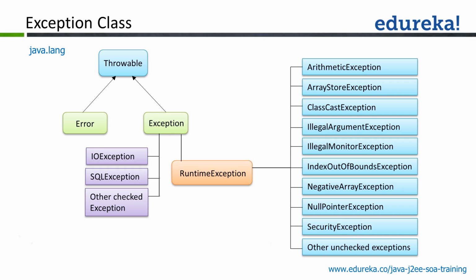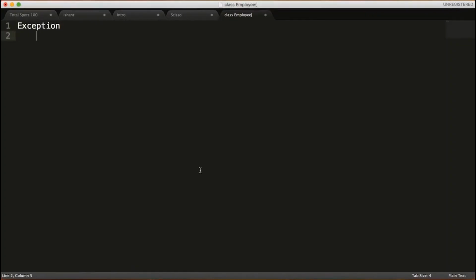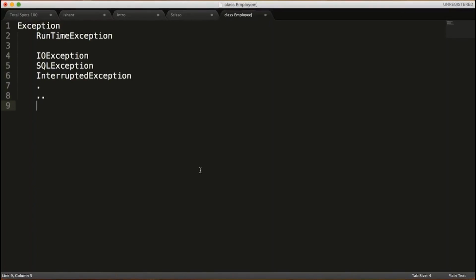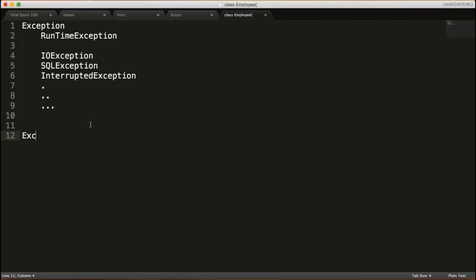Your exception is one class in Java which has this guy known as runtime exception, and the other ones like IO exception, SQL exception, then something like interrupted exception, and many more. So these four are the children of exception. Each and every guy is the child of exception. So I can then say exception is the parent